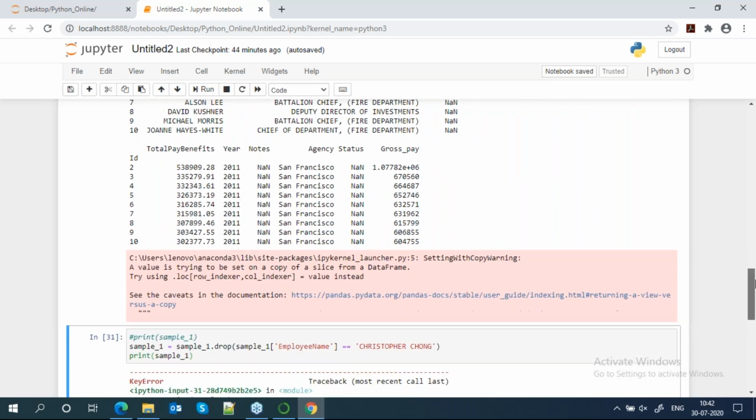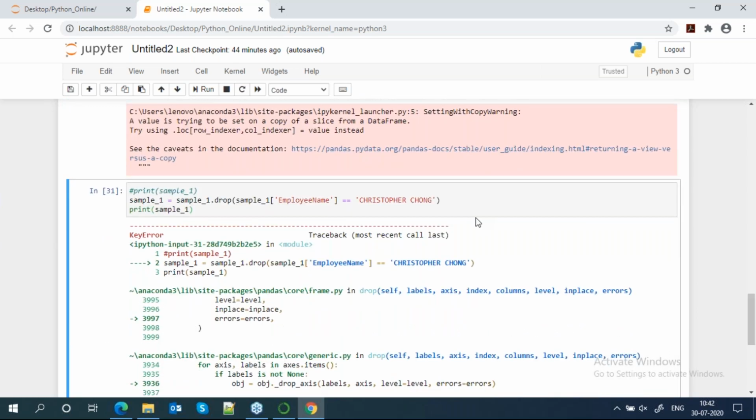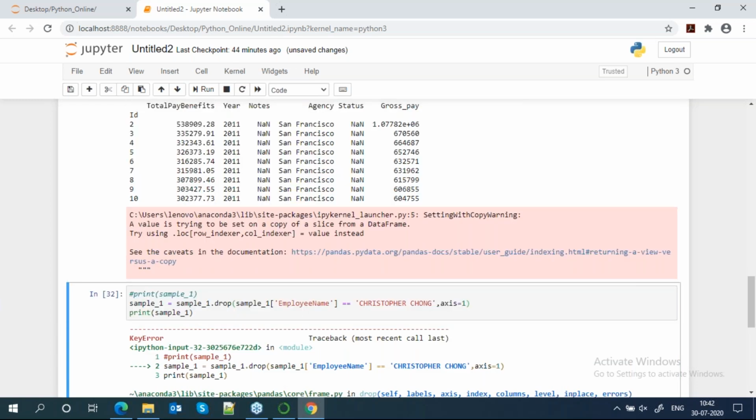Not found in access. Yes, exactly. So you need to give this, to one, 0 0 0.